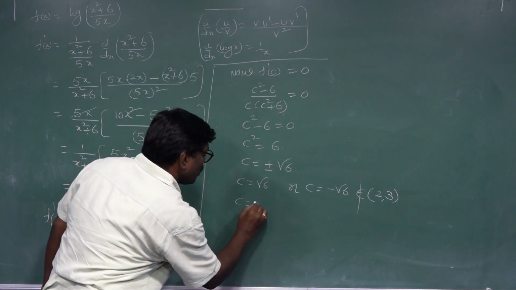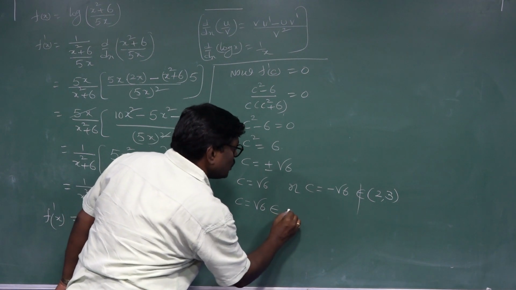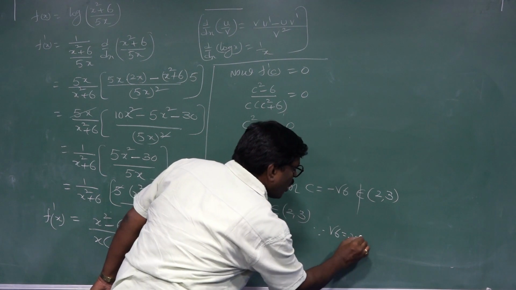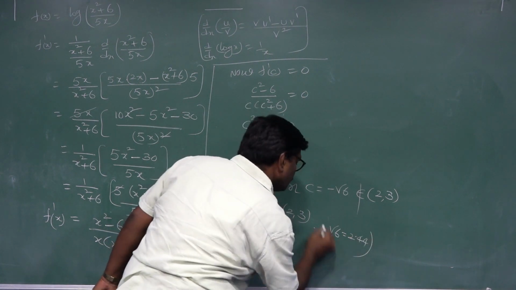This c is equal to root 6, which belongs to (2, 3), since the value of root 6 is 2.44. Example